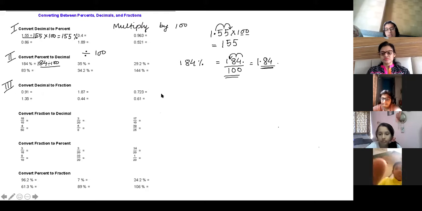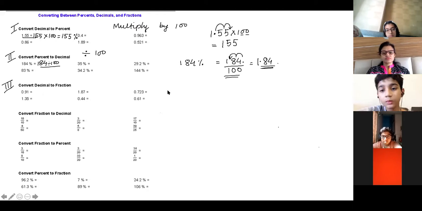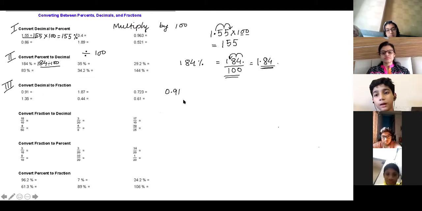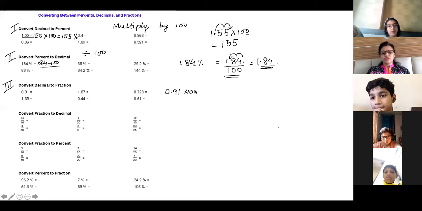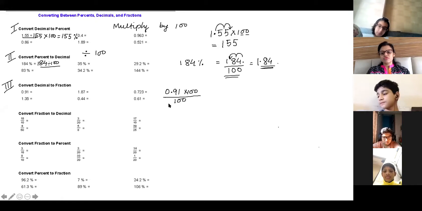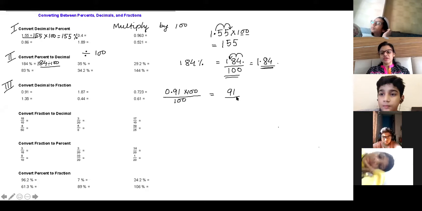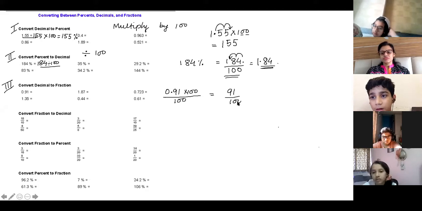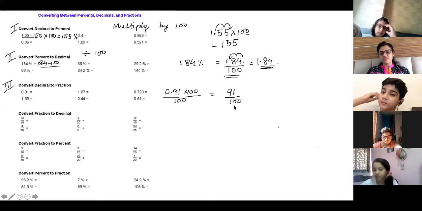Ma'am, first you have to take 0.91 and multiply it by 100. You will multiply by 100 because you want to remove the decimal, right? So when you are multiplying, the same with the denominator also. You have to multiply with the denominator also. Denominator is 1, so I'm not writing 1, just multiplying it with 100. So what are you getting? 0.91 into 100 is how much? Remove the decimal sign. 91 upon 100. So you got it in the fraction form because no lowest form. You cannot go for lowest form further. So your answer is here 91 by 100.